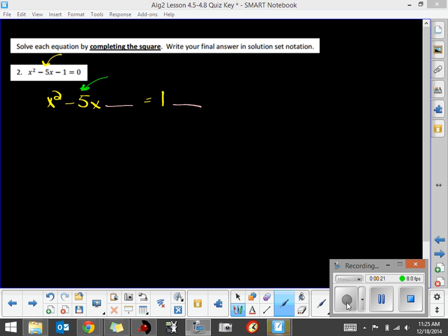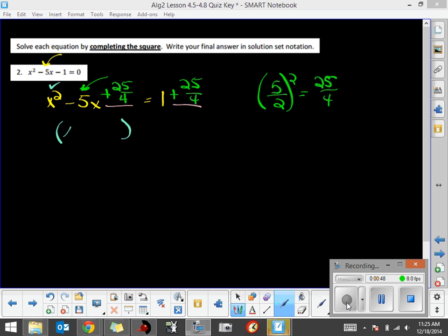We take half of that, so we're going to take half of 5, and then we're going to square that, which is going to make it 25/4. So we're going to make sure that we add that 25/4 to our left side of the equation, and then to keep it balanced, we want to add it to our right side of the equation. So what we've done is we've created a trinomial square,